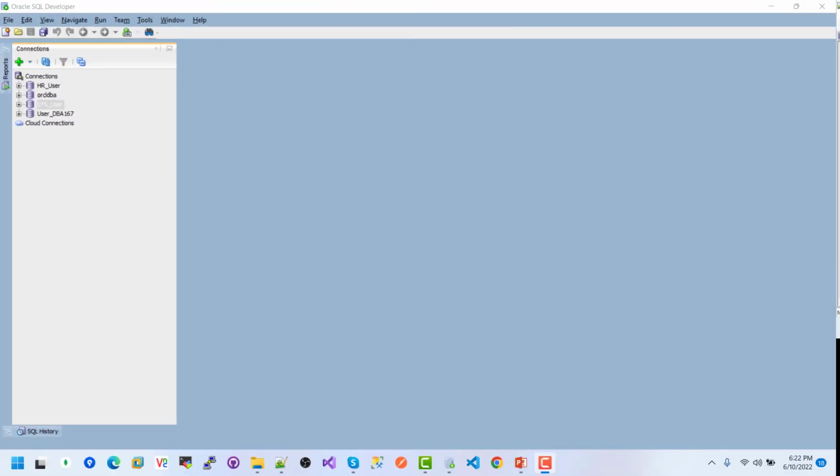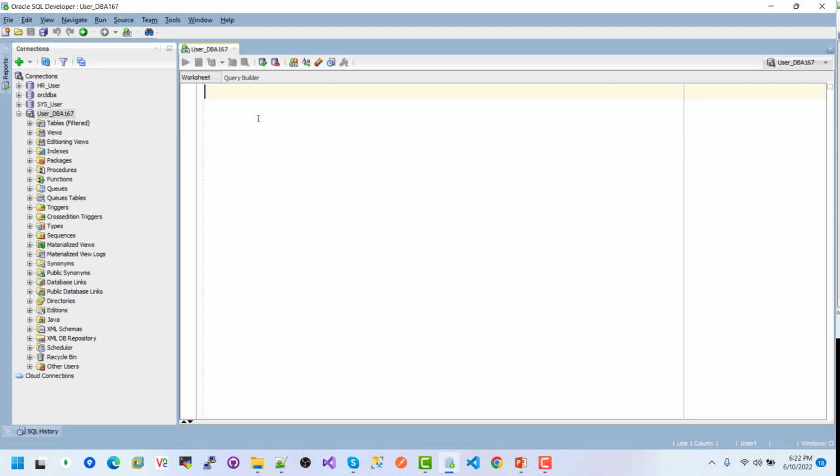This is Oracle SQL Developer. Here we can see multiple connections. I just want to use the user db167 connection. This is the worksheet, so I will try to give an example of table creating. So the first step is